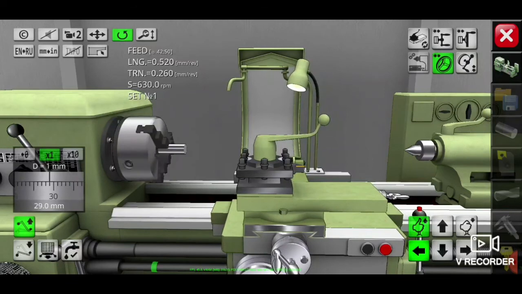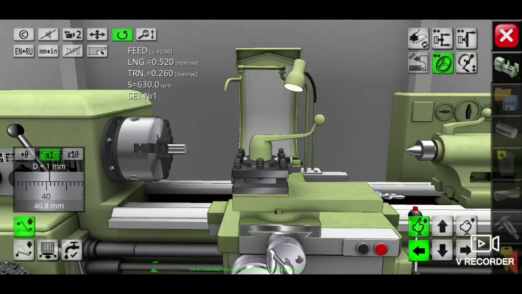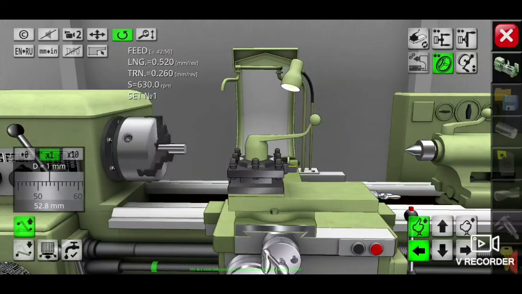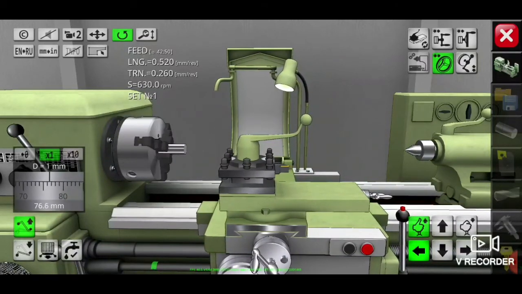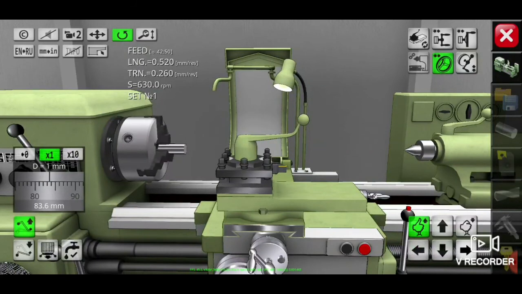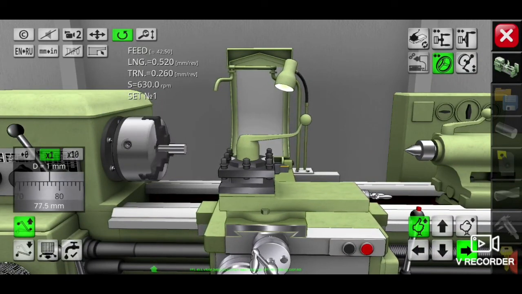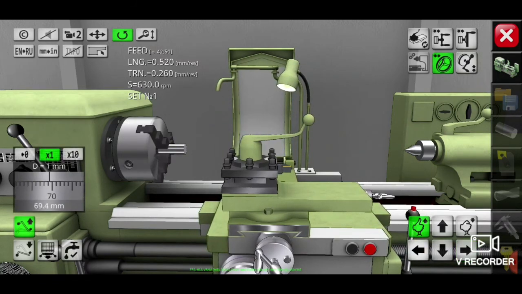Then the carriage will move approaching the workpiece. To turn it off, just simply push the opposite arrow button. And it is the same with this button. Okay, that is for the slow motion